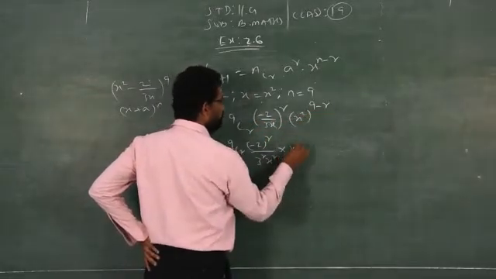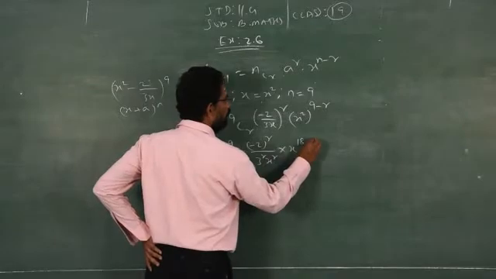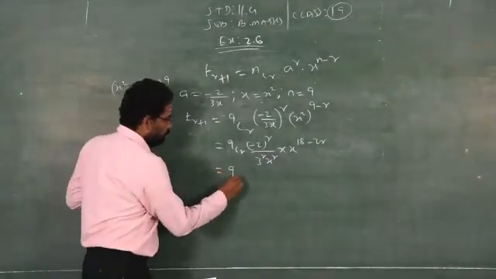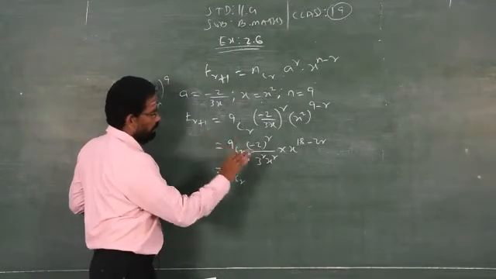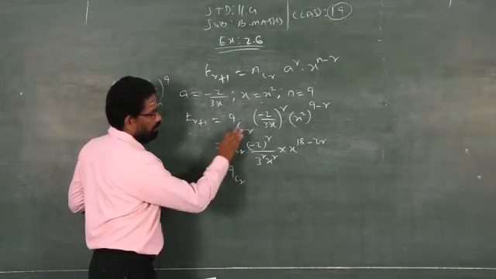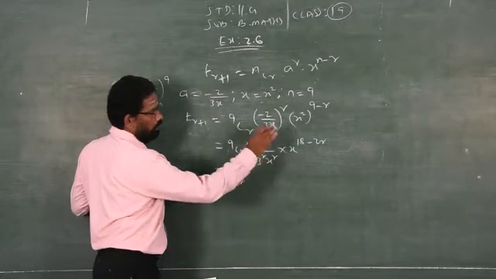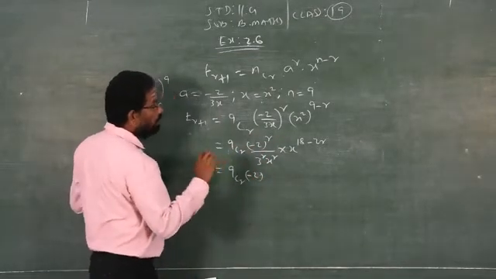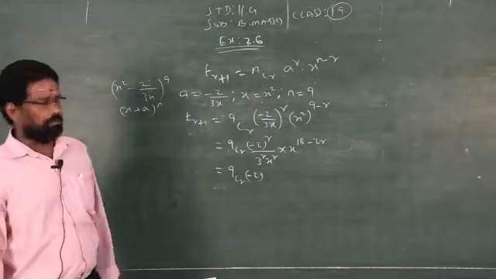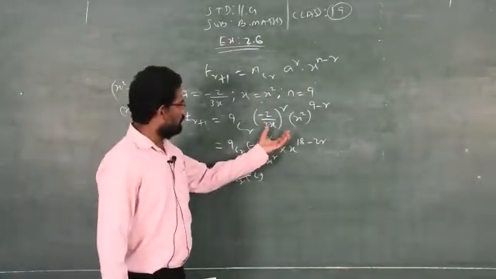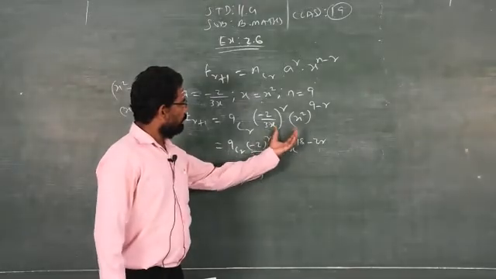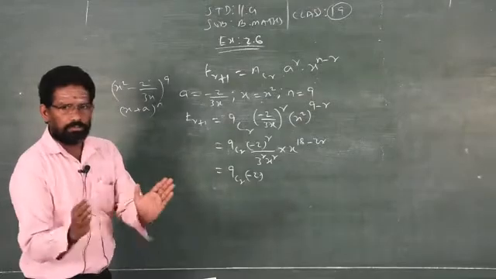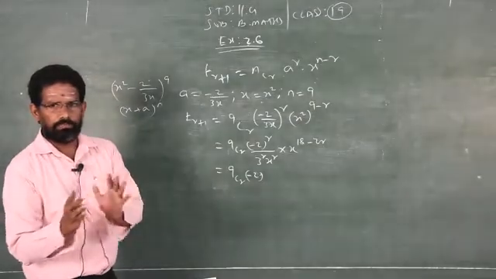x, 2 into 9, 18, 2 into r, 2r. So your aim is to group the like factors in one bracket, that's all. That is the main concept to find independent terms or constant terms. Here I just expand by using the basic algebraic concept. Now I have to group the like terms, that is the x variable alone.